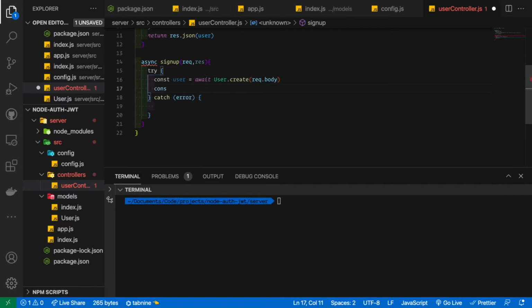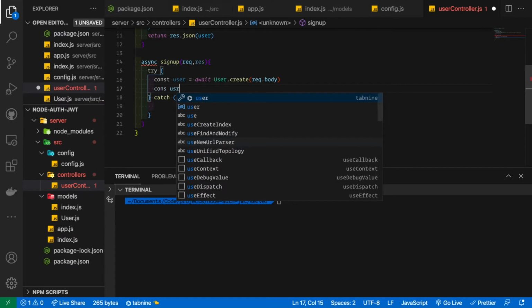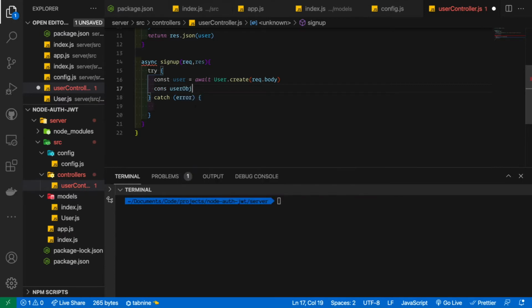And then I need to convert all this to JSON. So we could call it userObjJSON, maybe. And then user.toJSON. And toJSON is a JavaScript method that will convert this object to JSON, or whatever, like the string that we're going to receive back. Great. And I made a typo in there. All right. So we're going to return